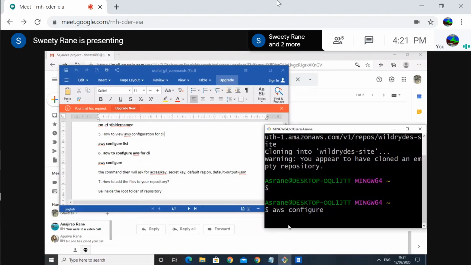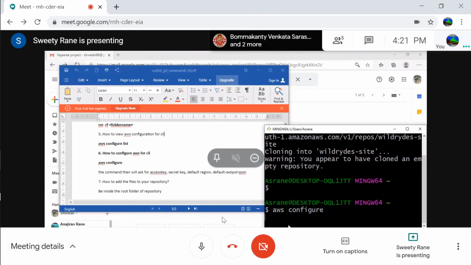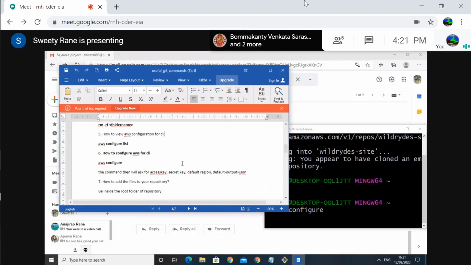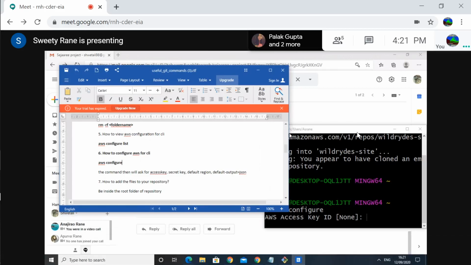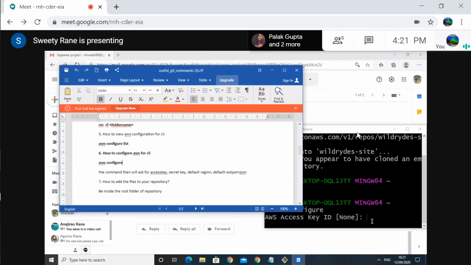Can you make that window big? Yeah, this window. Okay. Access key ID. Provide your access key. The bash window is too small.